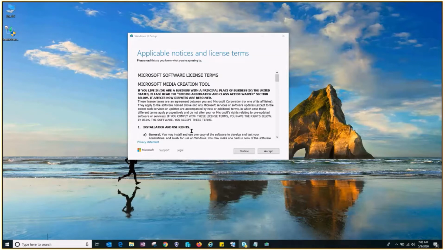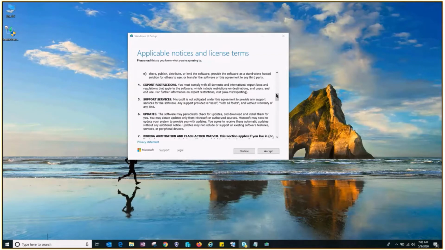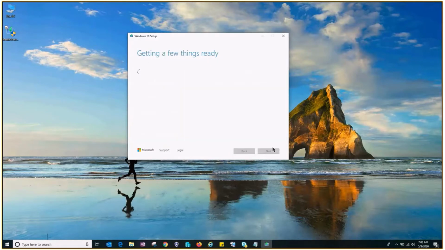All right. Click on accept. The media creation tool will help you download the Windows 10 ISO file.